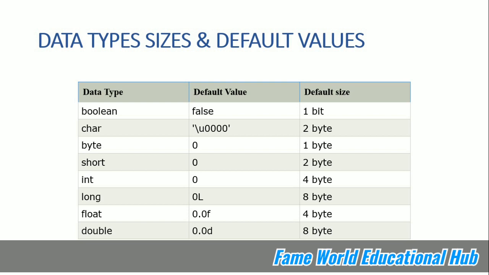But the float data type is not implicit in Java. If we want to work with the float data type, we can use it in Java, but it is not directly present. So if we want to initialize it, we have to write 0.0f, or we have to define pi equals 3.14f with f at the end. In the case of double, it is not required. If we define d at the end, it is okay, but if we do not, it will not give any error. But in the case of float, if we initialize the value and do not give f at the end, it will give an error. So I hope this much is clear.